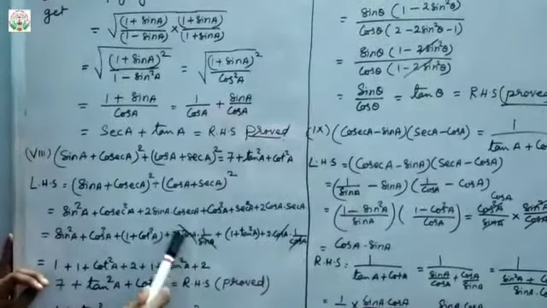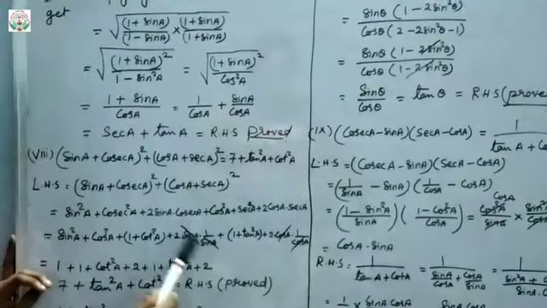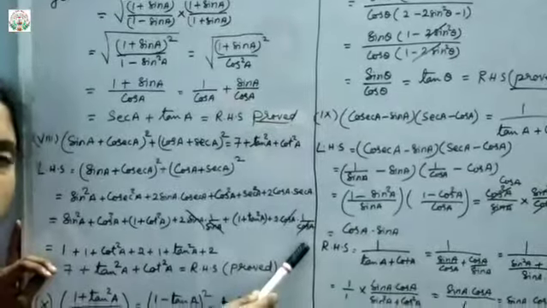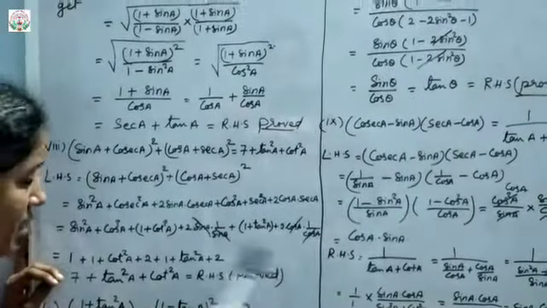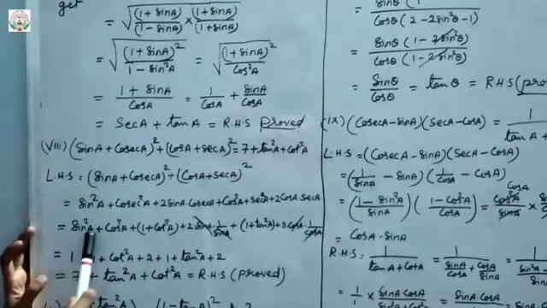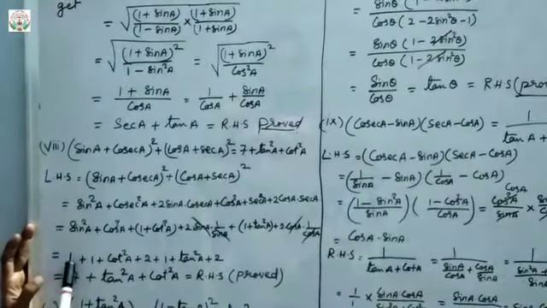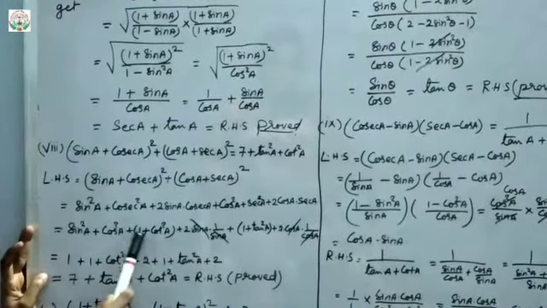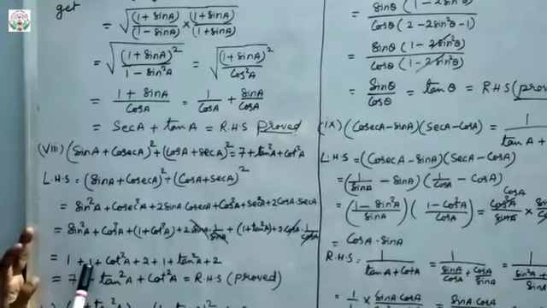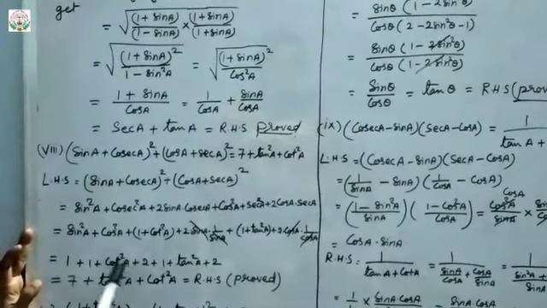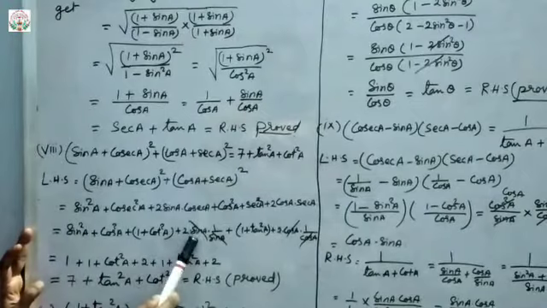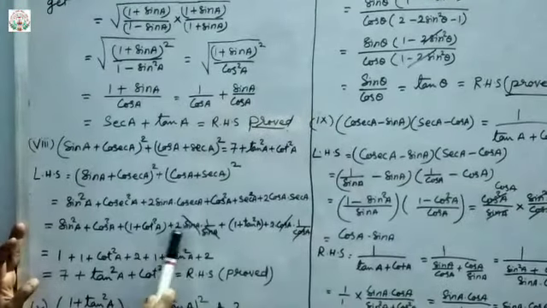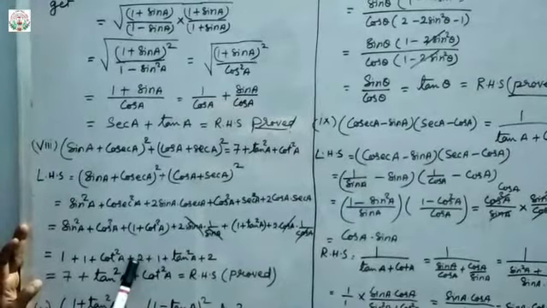So here you can see numerator and denominator sin a will get cancelled, and here numerator and denominator cos a will get cancelled. So now here sin square a plus cos square a will be 1. Now here this one, okay, this 1 plus cos square a, that 1 will come, plus cos square a plus, here what is left out now, because sin got cancelled. Now what is left? Only 2. So 2 will be here.